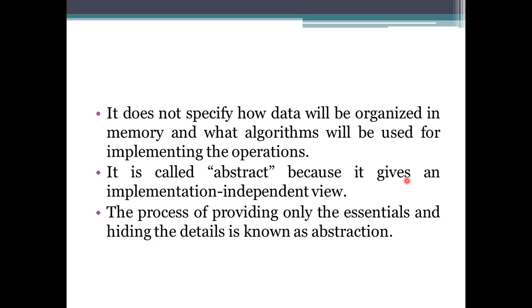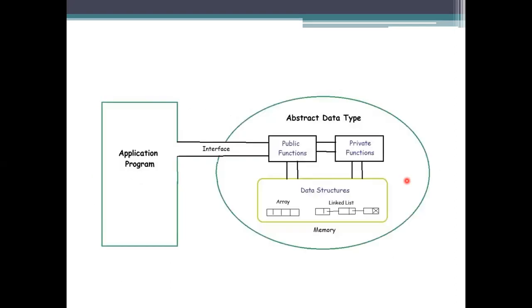Okay, now in this representation we are using the array concept for defining by using the abstract data type. And what is the structure of your abstract data type? What you are using here is the application program, and it will provide an interface to connect to or access the details or the processing of this ADT which is being stored. ADT consists of the data structures and the operations, and the operations, the functions we are using, will be public or private here.